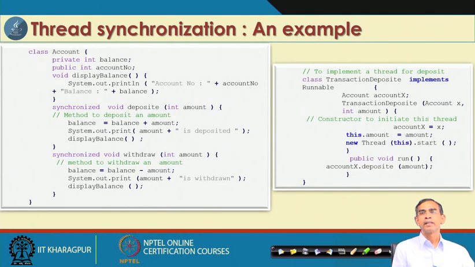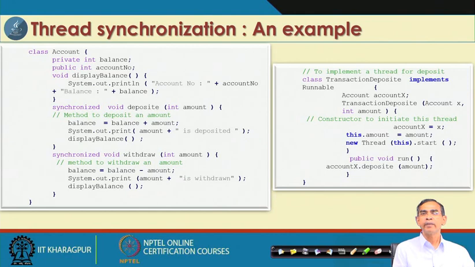For example, suppose the account balance is 1000, the deposit is 500 and the withdrawal is 300. The correct output should be 1200, because 500 is deposited and 300 is withdrawn, but if it is not synchronized successfully, you may get an output of either 1500 or 700 because of the abnormality. This means that the deposit and withdraw transactions should not take place simultaneously.